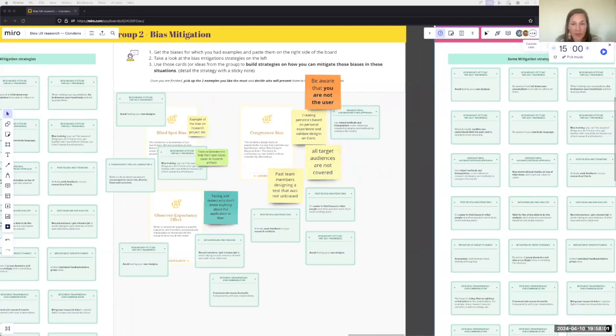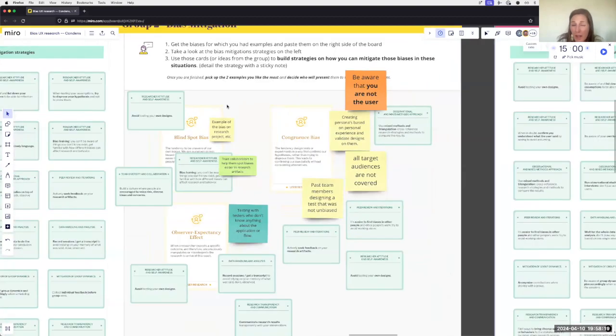I am happy to share one example, and then if anyone else from our team wants to share another. I'll share about blind spot bias. We all have blind spots, similar to the idea of designers not testing their own designs. Where possible, researchers may distance themselves a little from their research plans, whether that's having a teammate facilitate each other's interviews, while also acknowledging that's not always possible, but utilizing PMs where